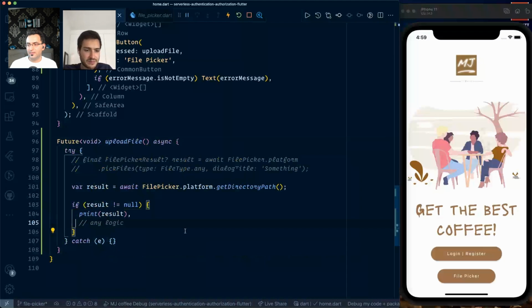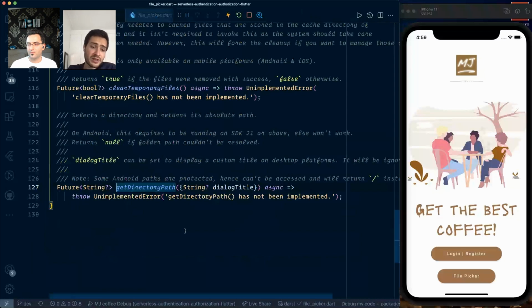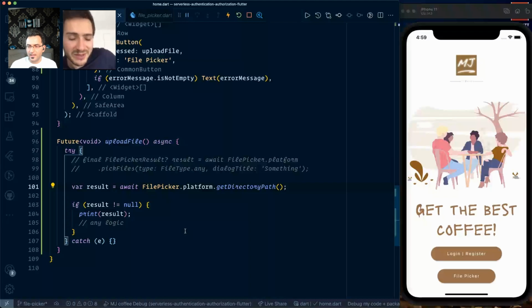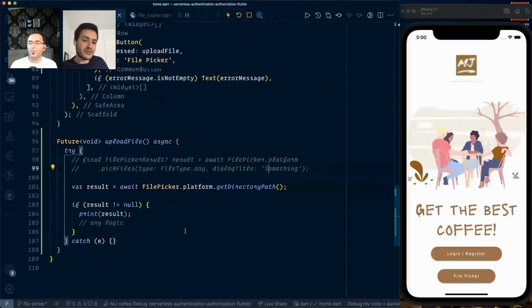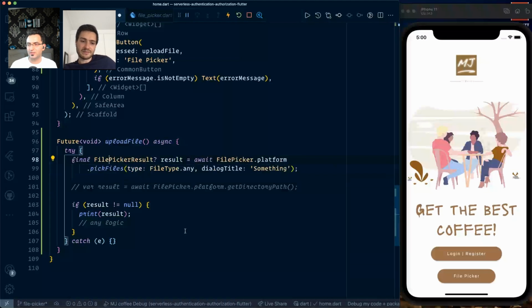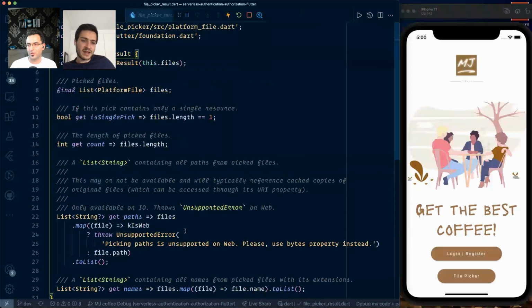Okay, so this is actually returning only a string. No, it's actually returning a platform file. Sorry, you are correct. I was thinking about picking files. You are picking a directory. Picking a file returns a file picker result, which has a list of platform files. It has some handy information like a single pick or the count, which is the number of picked files. You can get a list of